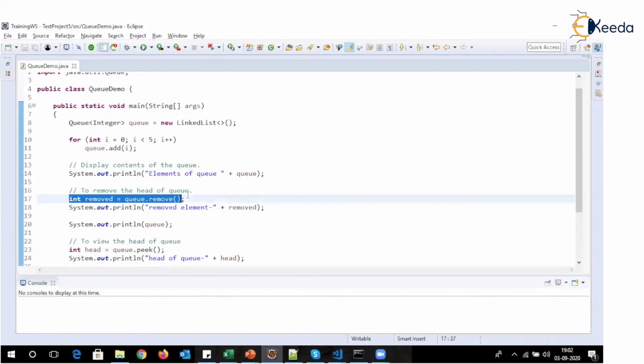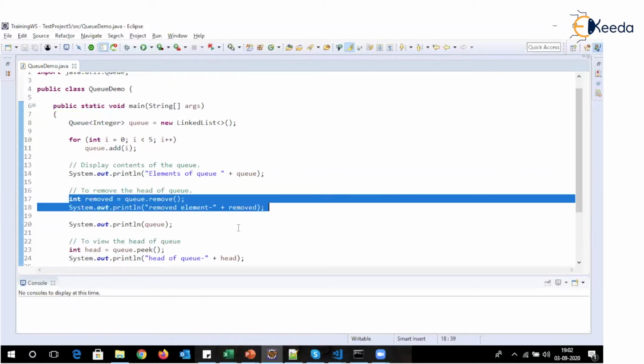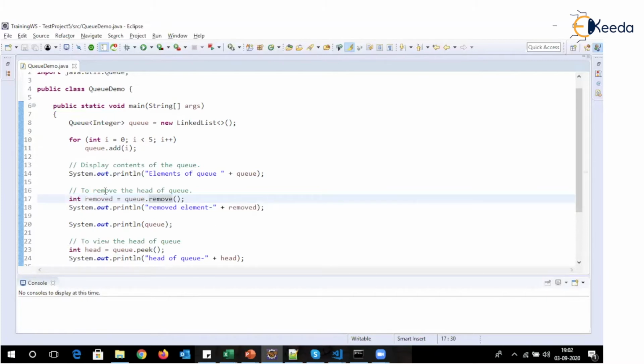To remove, this is a very important thing. We will just call the remove method and it will remove the head of the queue. That means whatever element is inserted first, that element will be removed. And this remove method returns what it has removed.